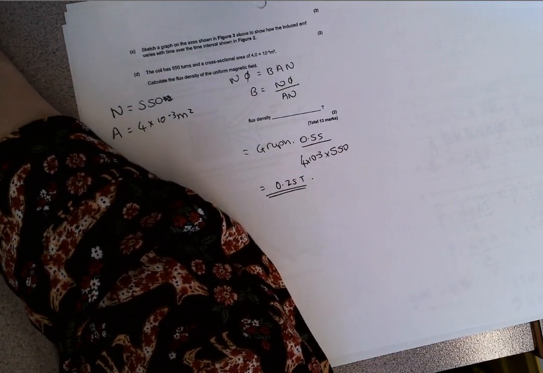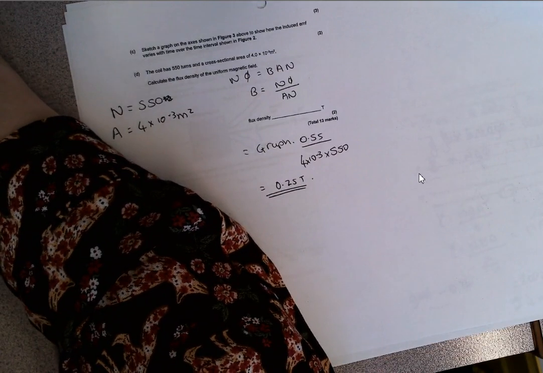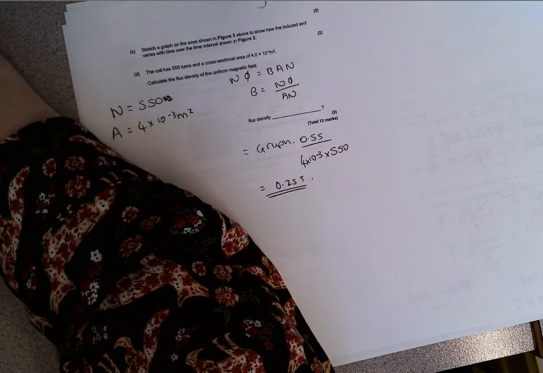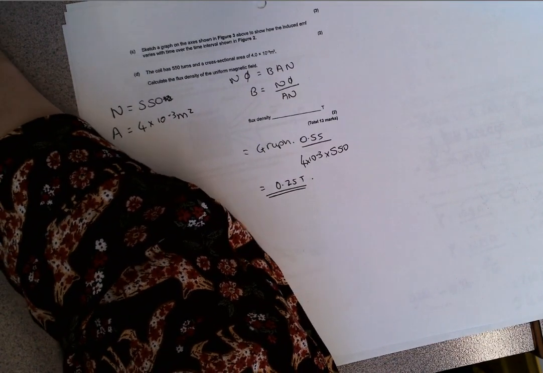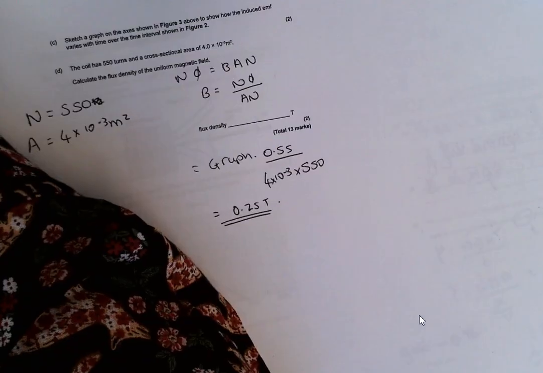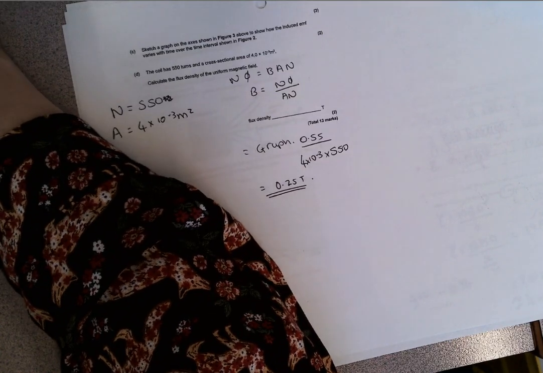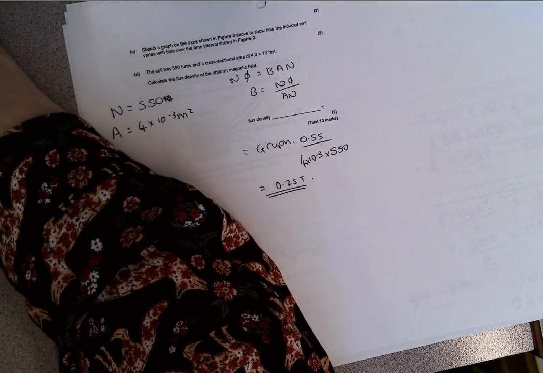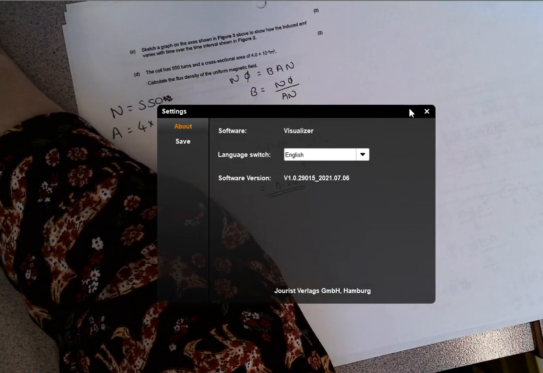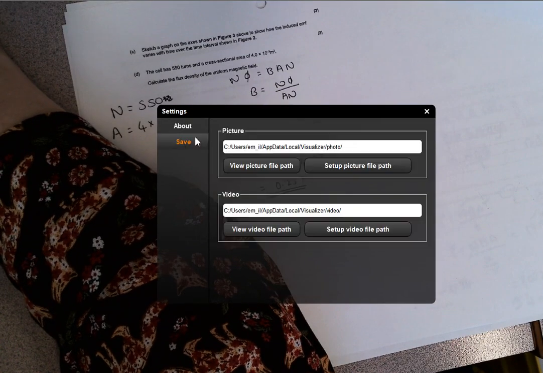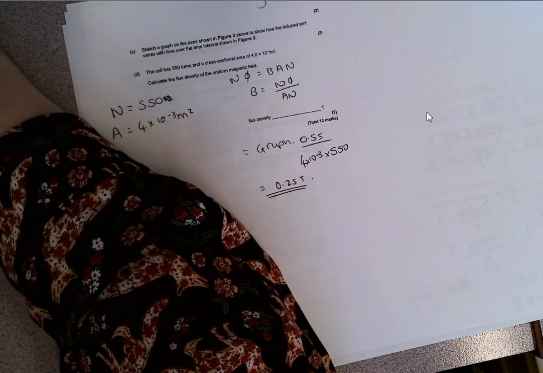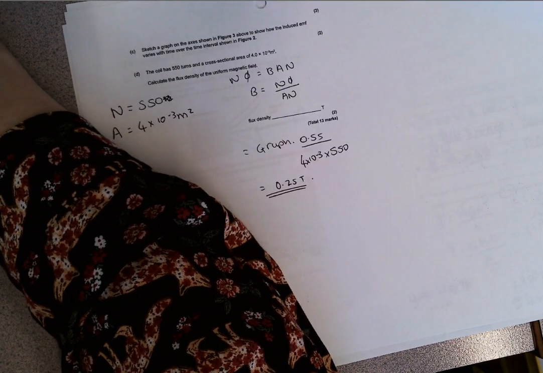Oh no, it doesn't matter, it won't pick it up. Oh yeah, there you go. If I close